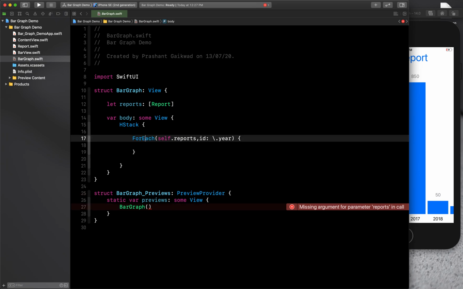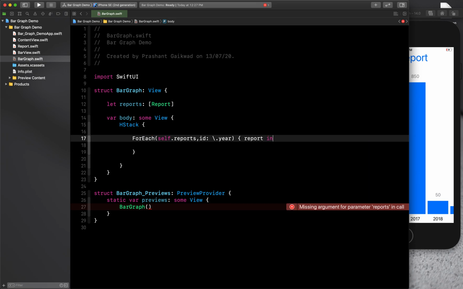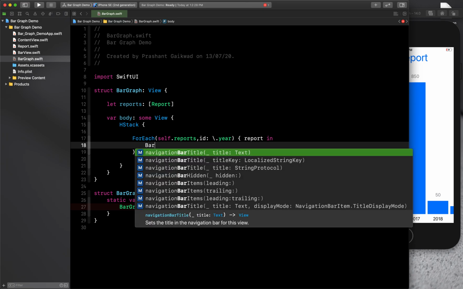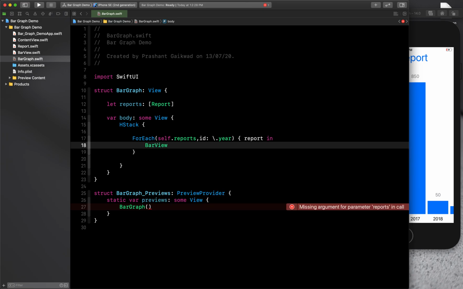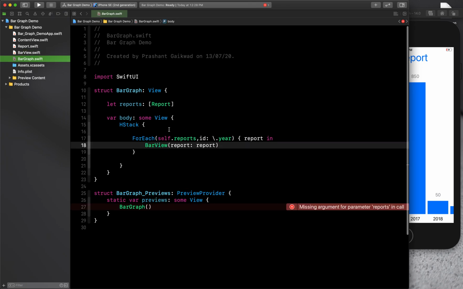And now let's create that array, and inside this we will get one report at a time. So let's say report in. Okay, now we have to display our view. So the bar view we have already created here, so let's use that bar view, and inside this we have to pass the report which we have received here. So this report we have passed here will go eventually here, and it will create one bar at a time. And since it is inside a for loop, it will create multiple bars horizontally,